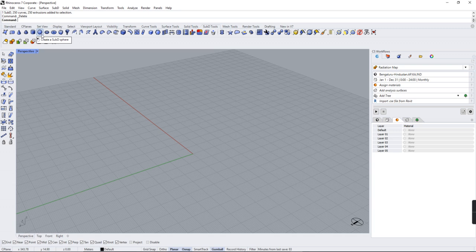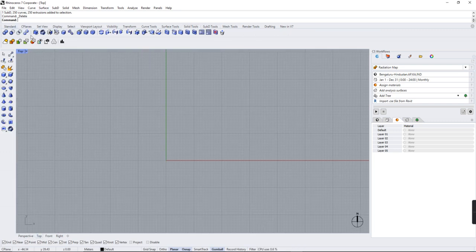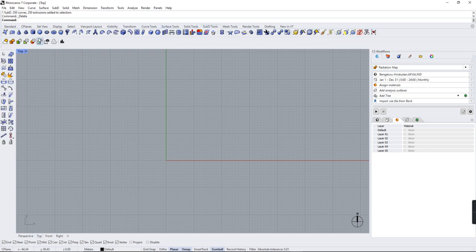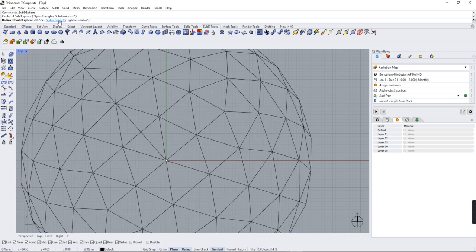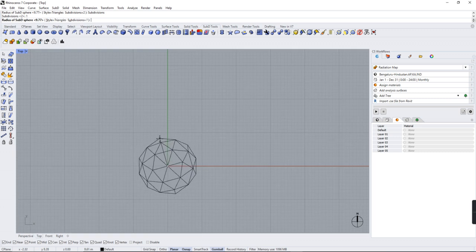Now we're going to make a SubD sphere of 10-meter radius, so that our diameter or our span is going to be around 20 meters. I'm going to go to my top view for simplicity and go to SubD, and here I'm going to create a SubD sphere, and click somewhere in the center. Before you actually make the sphere, it is going to ask if you want triangles. Make sure it's triangles, and you can have subdivisions 1 as well. I've still not exited the command, but I'm in my command window, and if I do subdivisions 1, it's going to make a simpler